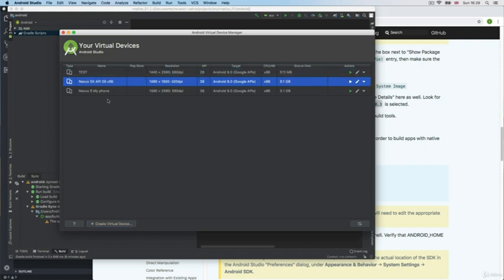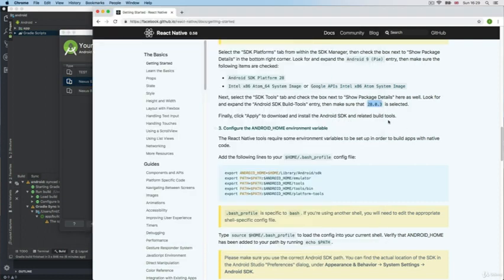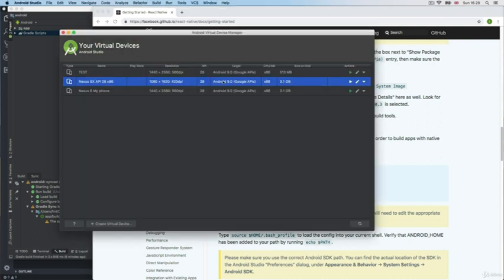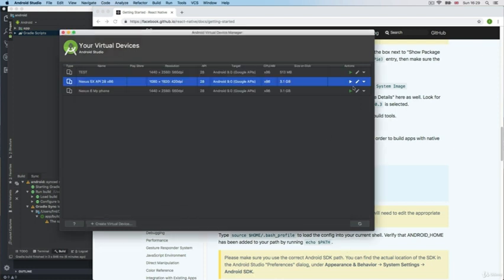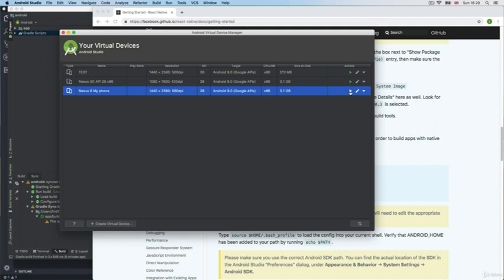Now you could use this one, but you need to make sure that you have the API 28 or whatever the documentation is telling you. Right here we have the 28. Maybe you're watching this in, I don't know, 6 months, and you're going to get the 30, for example. So if you want to run this, I'm going to edit. Of course, you're going to be able to run it. So you just click on play, and it's going to run it. I'm going to run this one, which is my phone. I'm going to click,